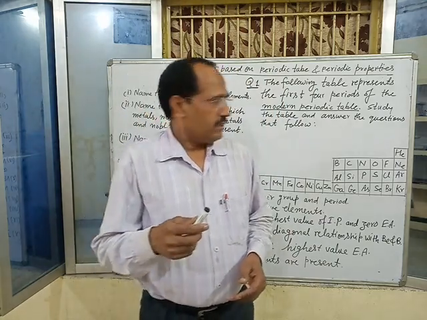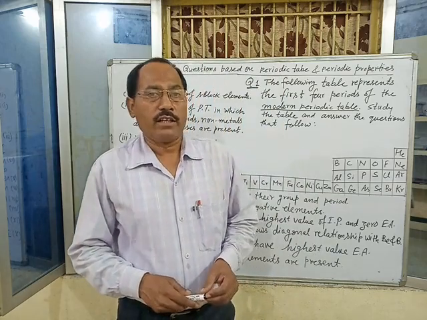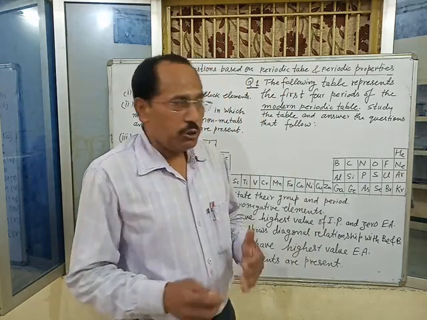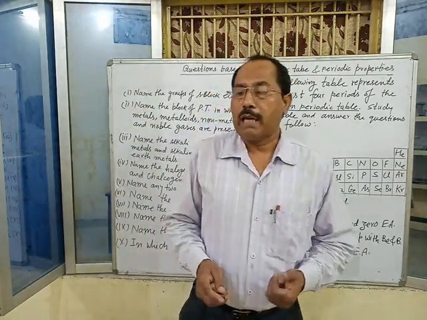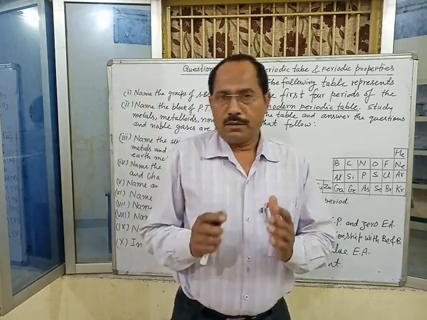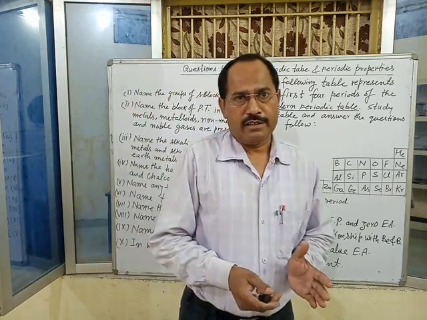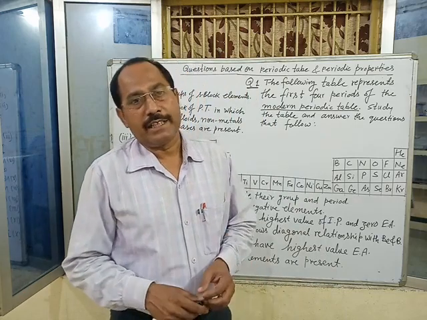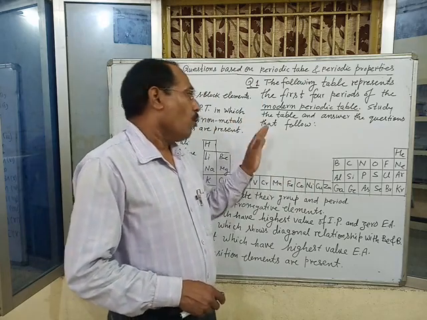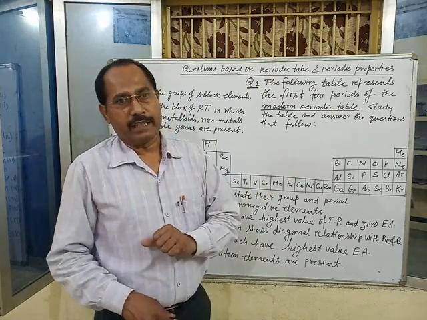But in the year 1920, Bohr gave another idea which is very useful in classifying the elements in periods and groups. And Mendeleev periodic table, which was modified by Moseley and known as modern periodic table, is named as Bohr's periodic table or long form of periodic table.